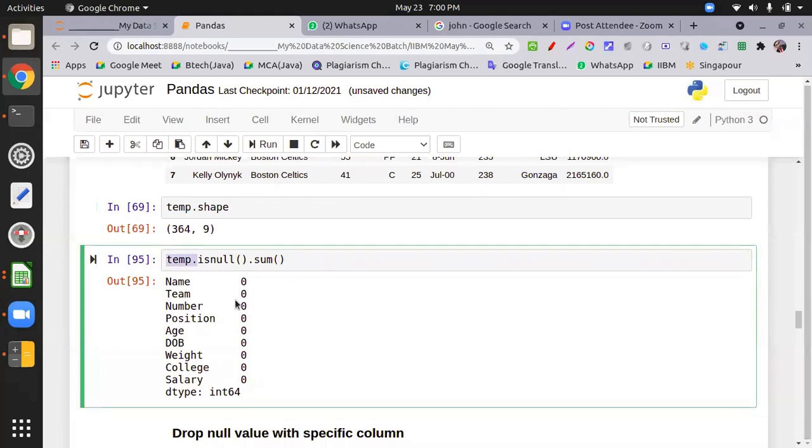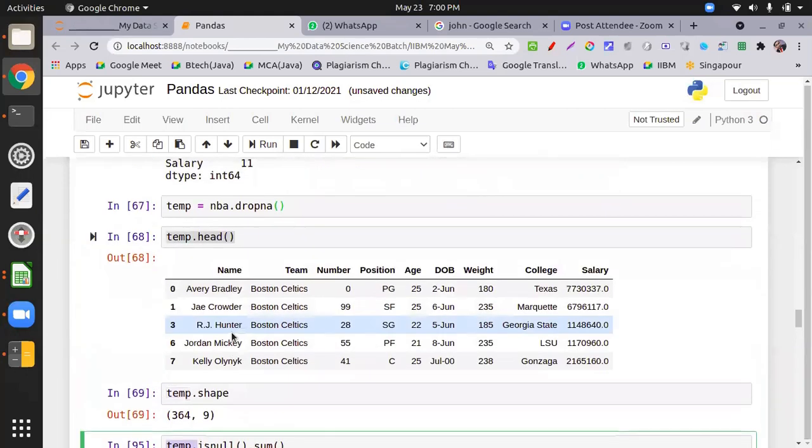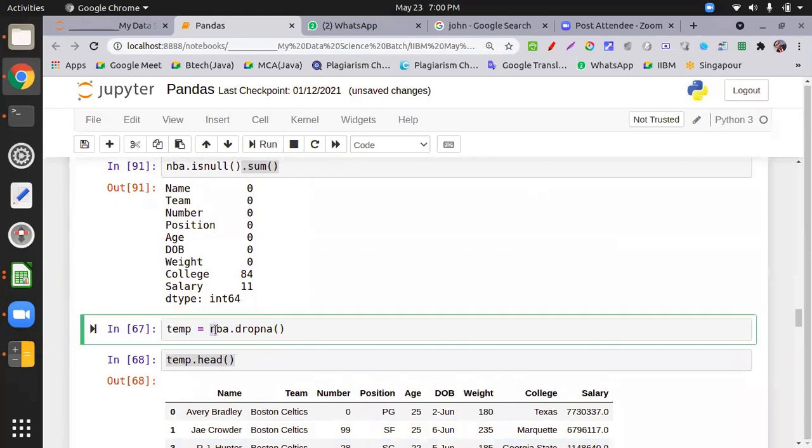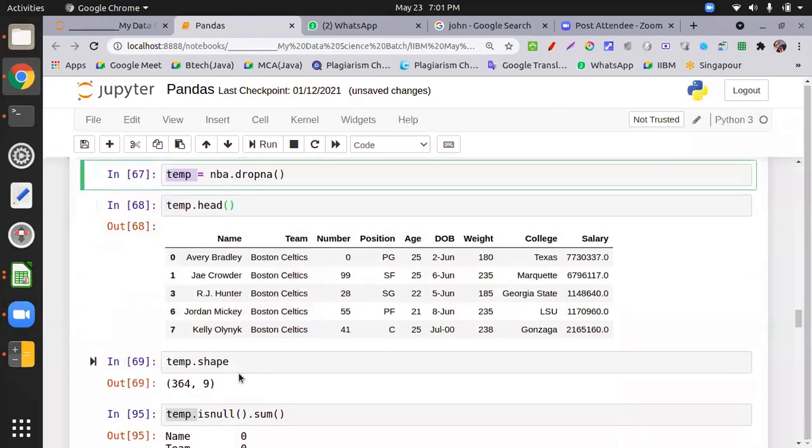If someone asks me why we do not reflect it over here, why we create a copy: do not tamper with your original data frame in a program, because if you ever tamper and you want to recover the original values, then they may be lost. So if you want to modify, make a copy and then use that copy, so that your data frame will be safe, and you can make multiple copies according to your need.